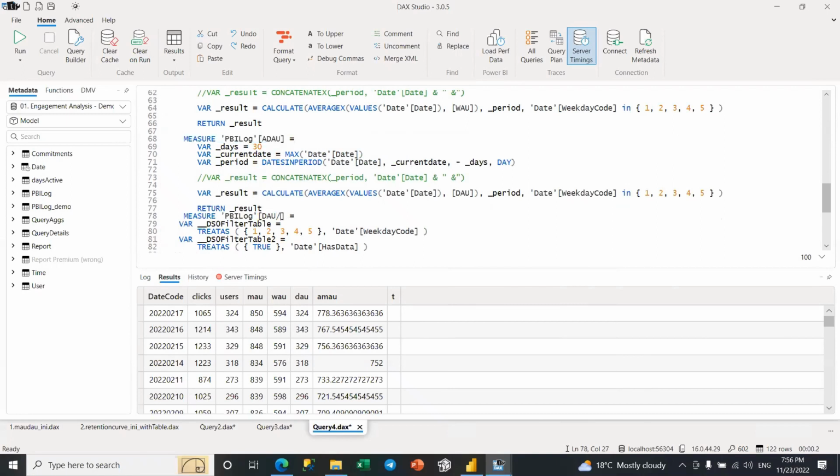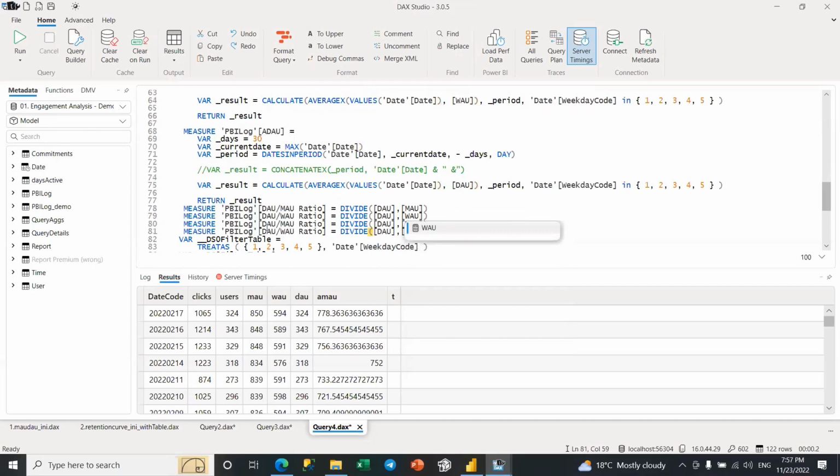DAU versus monthly active users ratio, which is going to divide the daily active users by monthly active users using best practices, which is the DIVIDE function that is performing well and is not having any issues on dividing by 0. So the daily active users against weekly active users, and the same thing for the average ones.